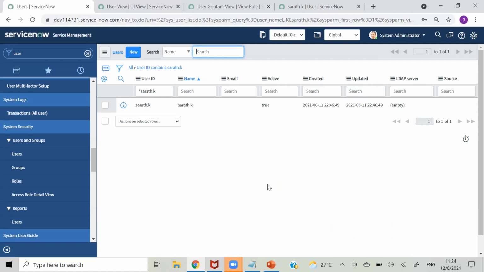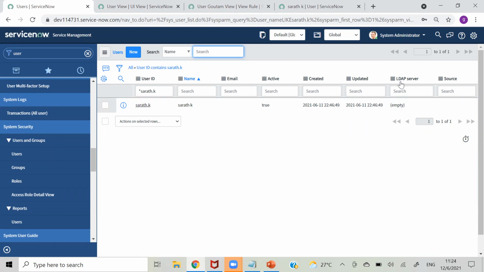Okay, so you know what an active directory is, right? Whenever a person joins their organization, they will create a user record in AD, so they can provide SSO, single sign on, for that user. So he can use the same ID and same password to access all the applications of that company, like his leave application and all those things. The same active directory we will integrate with our ServiceNow, so all users from that active directory will get created here, with user ID, name, password, all those fields.